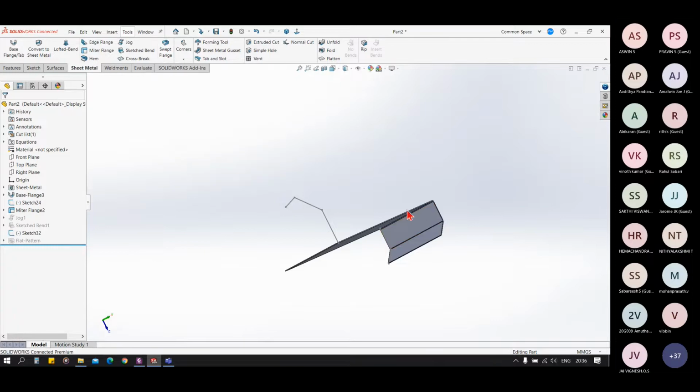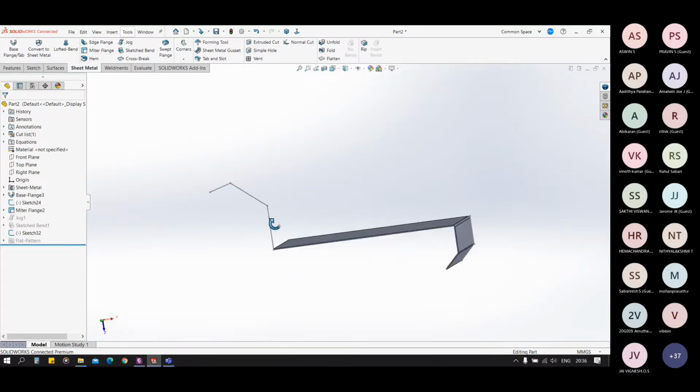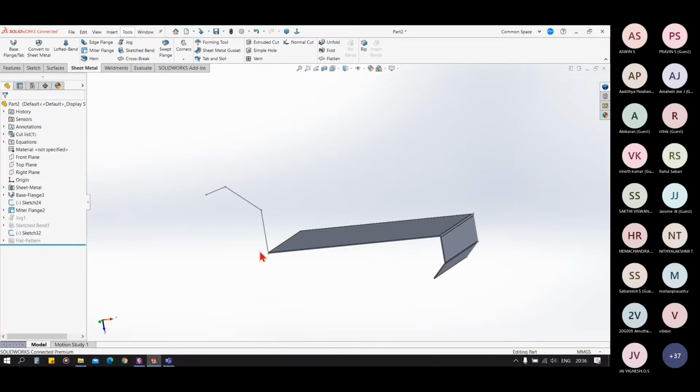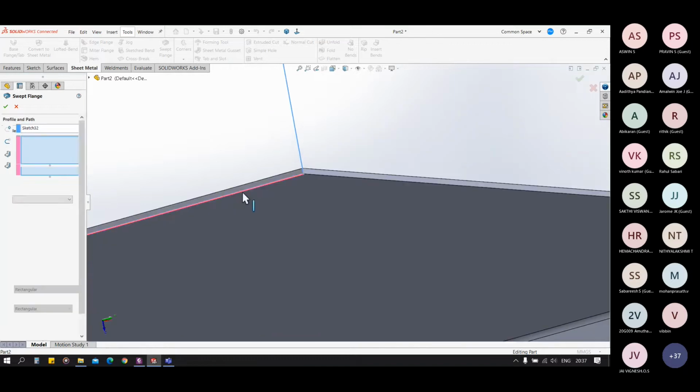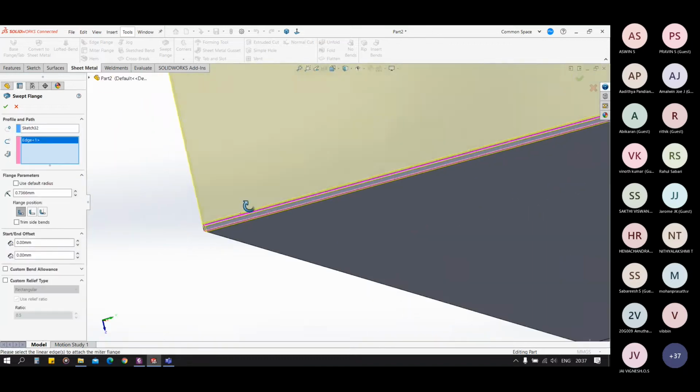So basically, we have this profile, and we will be sweeping this profile around the edges of our geometry. When we click on swept flange, we can see profile and path options. In the first, we have to select the profile, and in the path, we have to select this bottom edge,